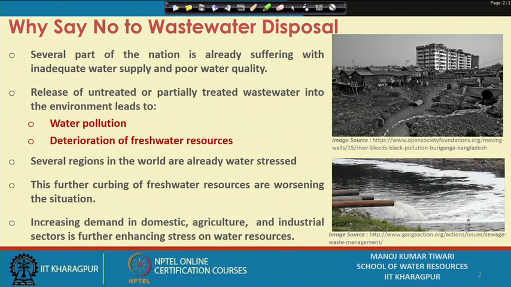So, let us begin with the first thing: why we should say no to wastewater disposal. Wastewater is something which we have been disposing of since ages, since we got into civilized systems. The more civilization or development has taken place, the more concentrated growth has taken place, and that way we have generated concentrated amounts, in terms of volume I am saying, of wastewaters which we have traditionally been disposing of to the natural systems,